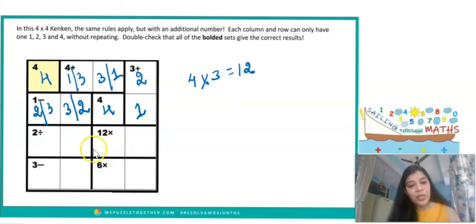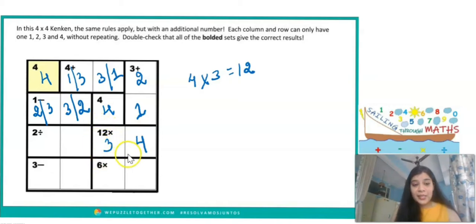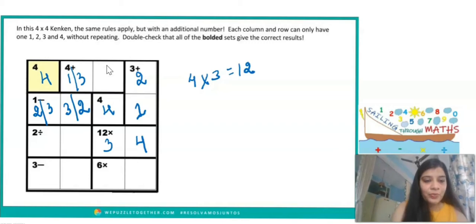So the number which is going to come here in this block is going to be equal to 3, while the number which is going to come here in this block is going to be equal to 4, right? So let me write that for you. 3 will come here and 4 will come here. Now see, if 3 is here in the third column, then I can clearly say that 3 is not going to come here. Why? Because 3 is already present in the third column. So the number which is going to come here is going to be equal to nothing but 1. So let me write this as equal to 1.